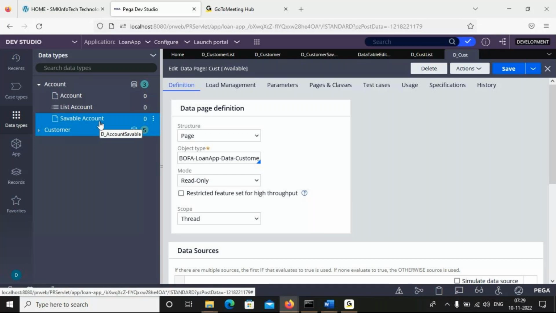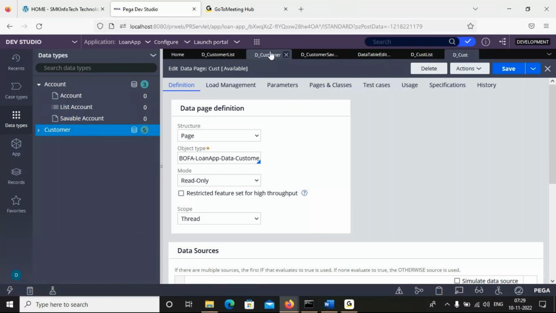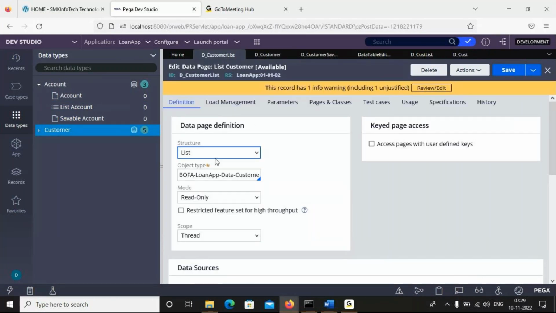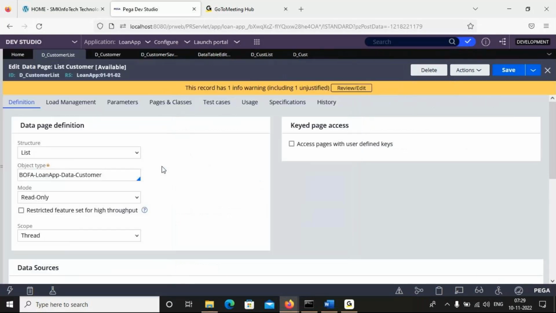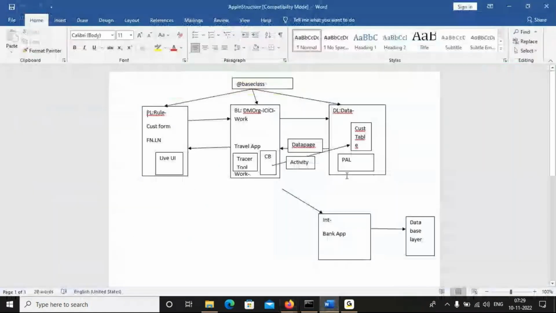One more thing here for the list page, this one is very important. If you want to pass the value, using the database we can bring the single table information to the clipboard. We can bring the multiple table information to the clipboard. How? We need to make the changes inside the report definition. There we can give the condition. There we can also join the other tables.